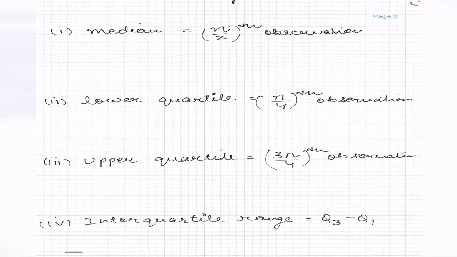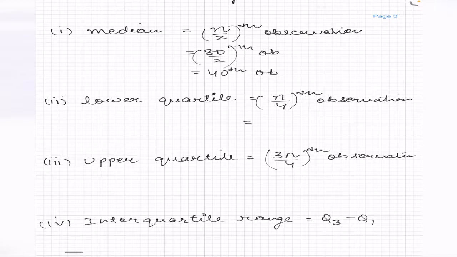Now we will find out the median. As I told you, whether the sum of all the frequencies, the value of n, is even or odd, we will use the same one formula. That is, for median, it is the n by 2th observation. That is 80 upon 2. So this is the 40th observation.